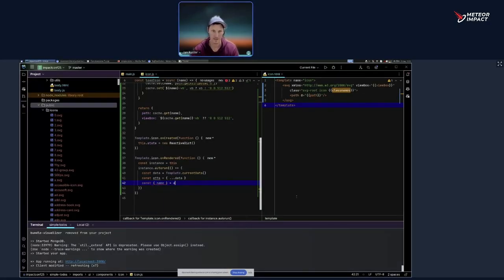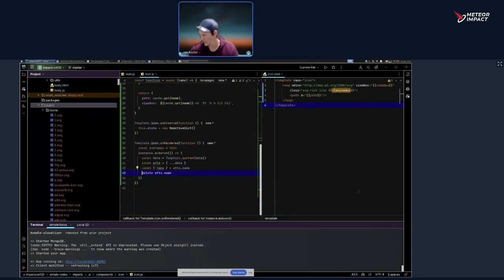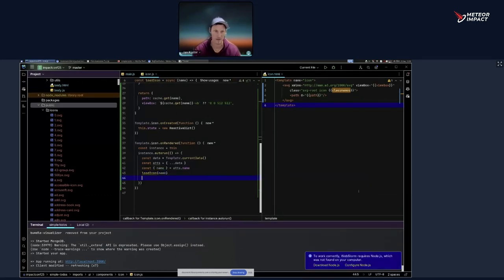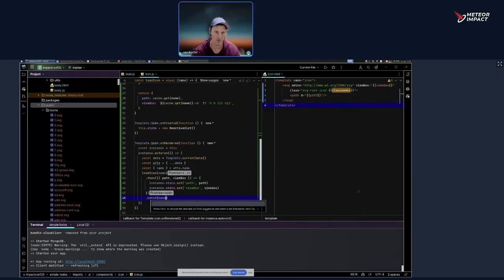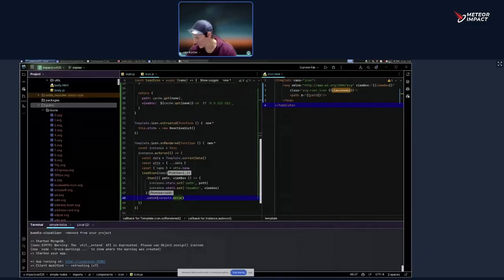And we get the ads.name, because that's the most important part right now. And okay, we were running the load icon with the name. Then have view box, and there we put them into the state, and we catch that on console.error. So this might be incomplete now, because there are some more things we have to add, for example, to